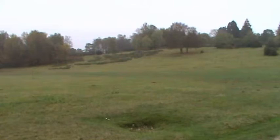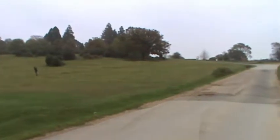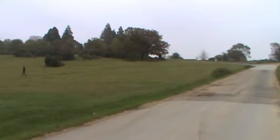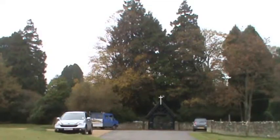It's the 24th of October today. It's very misty. There isn't a lot of sunlight, so let's hope that this film will come out. We just keep bearing left at the top of the road, heading towards the cemetery. We look to our right hand side and we can see like a thatch building there. We just walk forward 100 yards towards the cemetery entrance and then turn left in front of it along the